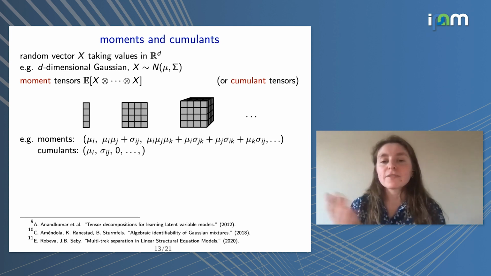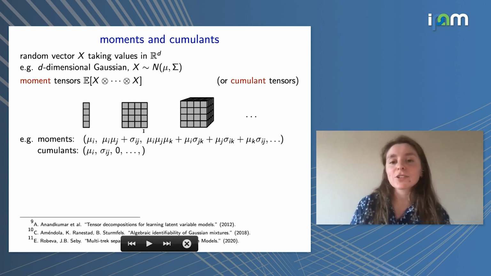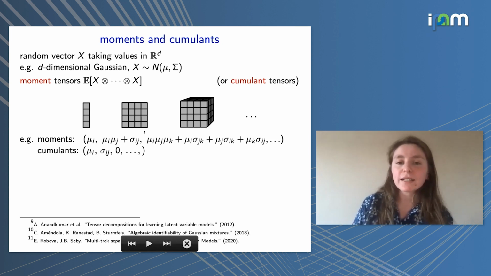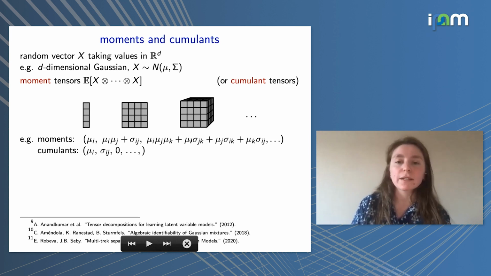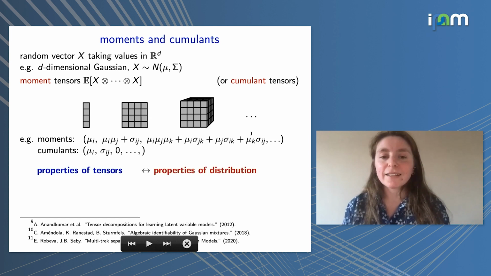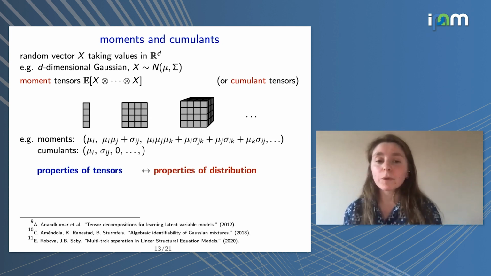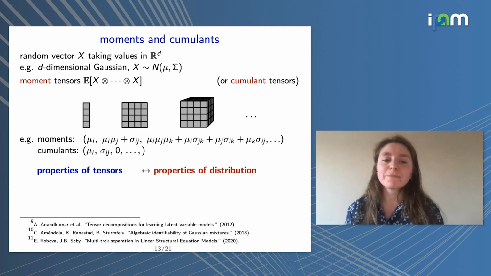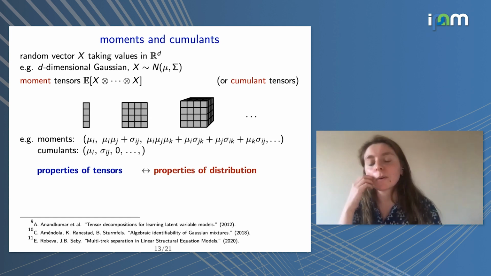All right, so then we have some particular tensors. For instance, you could consider the collection of all d by d by d tensors that have a decomposition into this form. So they'd be a sum of something rank 1 plus some other stuff. All right, and why is this a nice construction to do? Well, the hope, as we saw before, is that properties of these tensors will translate to properties of our probability